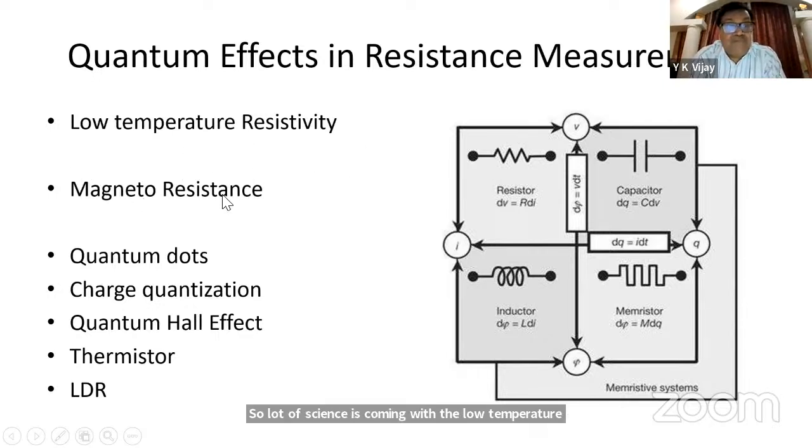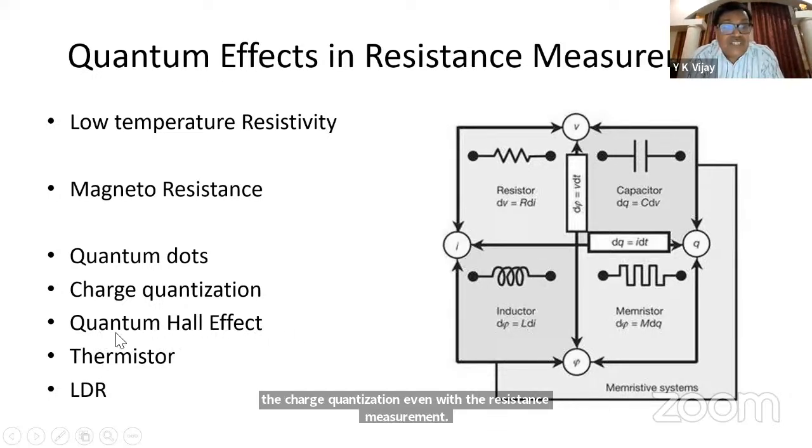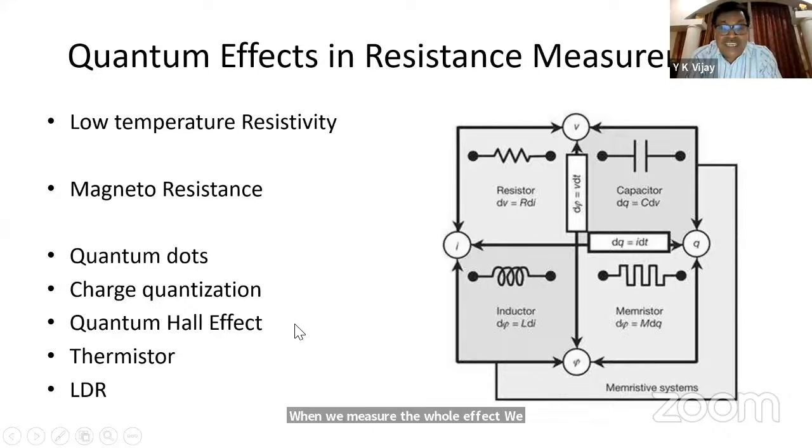If we can place this bulb in a magnetic field, then we can talk about the magnetoresistance. So these are interesting research areas. We generate quantum dots. We talk about the charge quantization, even with the resistance measurement. When we measure the Hall effect, we talk about the quantum Hall effect, how the electron hops within the